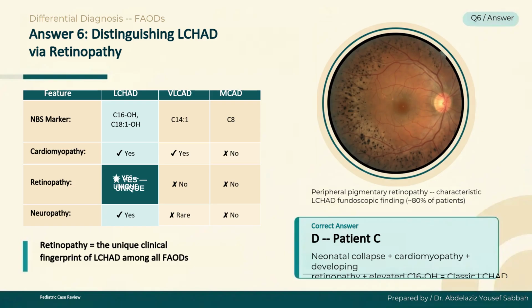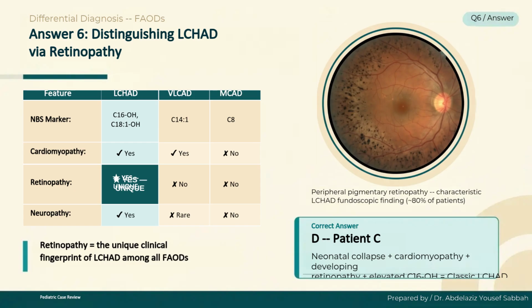Patient C is the 6-week-old with a combination of neonatal collapse, cardiomyopathy, developing retinopathy, and an elevated C16-hydroxy on newborn screening. That combination is classic for LCHAD deficiency. The single most discriminating feature is retinopathy. Comparing the disorders, LCHAD has the newborn screening markers C16-hydroxy and C18:1-hydroxy, has cardiomyopathy, and uniquely has retinopathy, and it